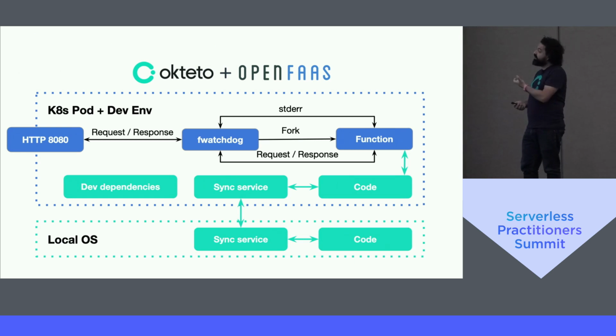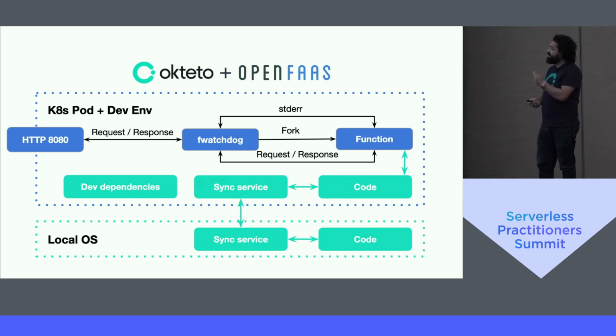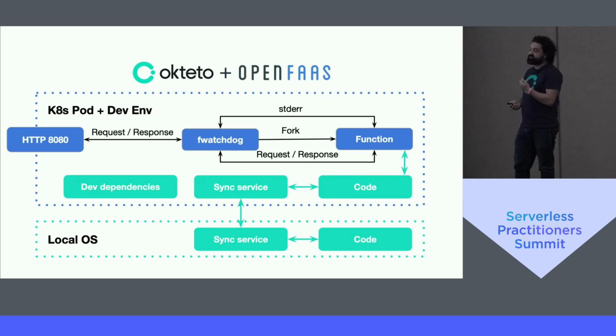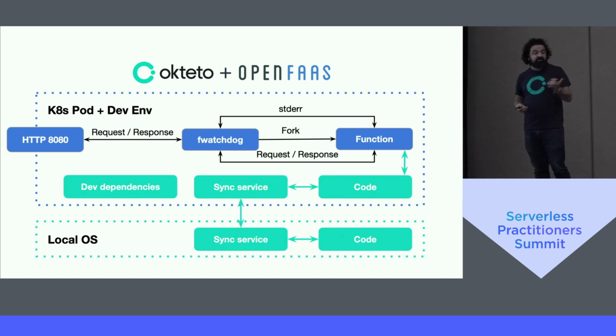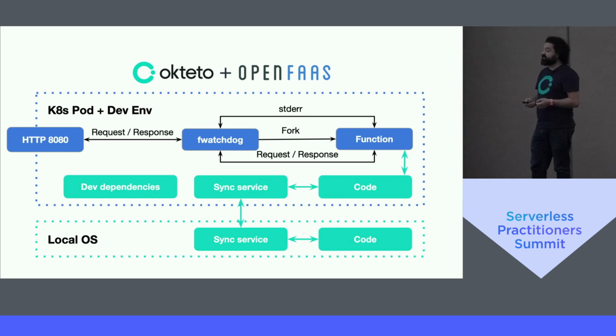And then we modify the process the watchdog is starting, so that instead of starting the binary, it maybe starts a hot reloader, a compile-and-run kind of process like I'm doing here, and it starts the function. Every time the function is started, you're getting a fresh version of your code. In this sample, I'm using Go, but this works with Node or Python. It's even quicker because you don't even have to restart the process. You're using the fact that it's interpreted and their own built-in hot reloaders. But on Go, you can do something as simple as build it and restart the process, or in the sample, just go run main, so it precompiles on the fly